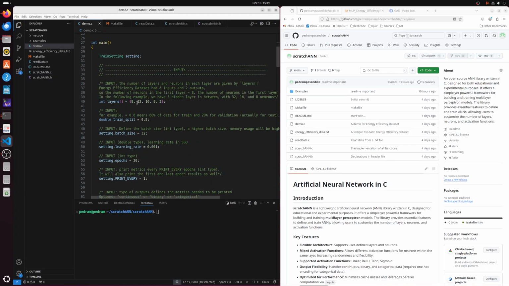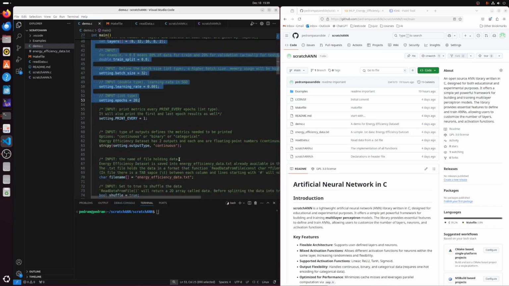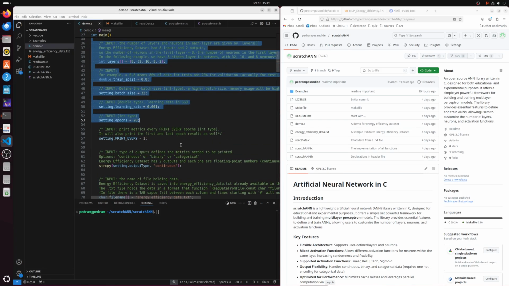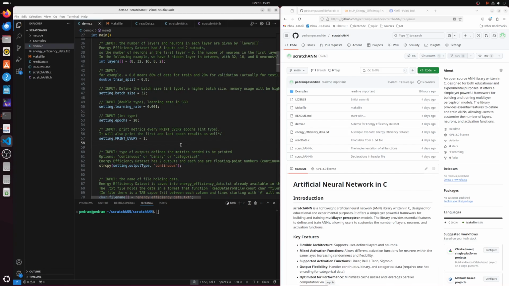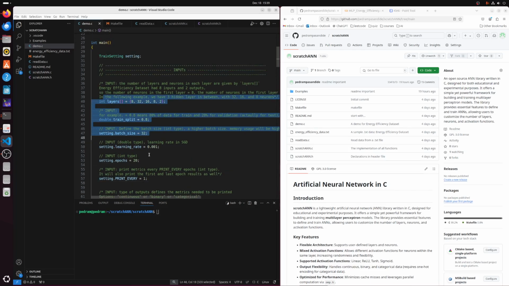Let's just start with the demo. First, you have a bunch of inputs. We're going to talk about the inputs. You need to know the basics of artificial neural networks before watching this video. Again, I keep saying that because otherwise it's going to be difficult to understand what each parameter